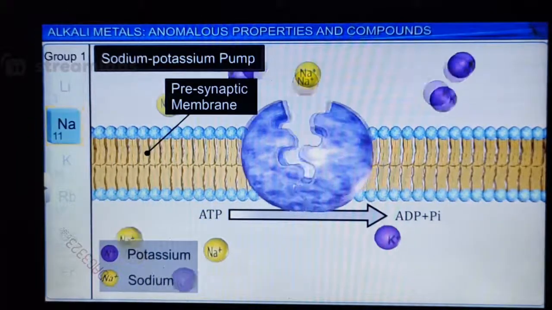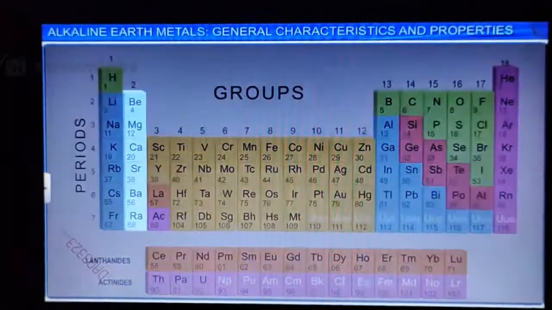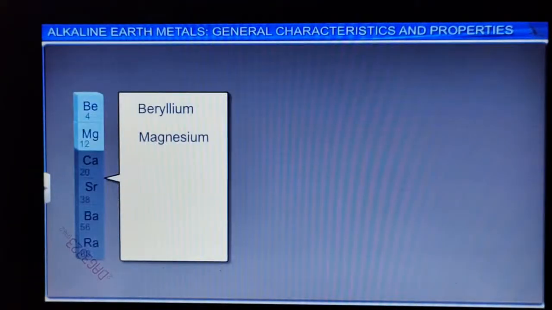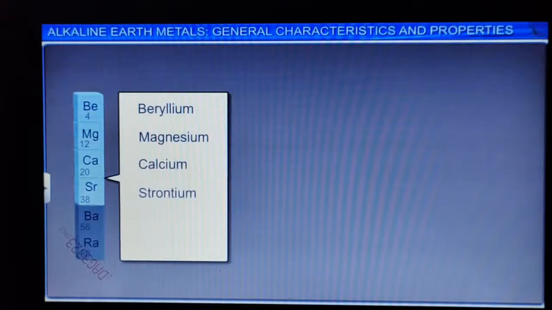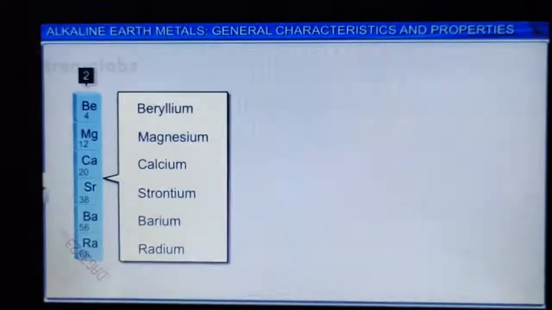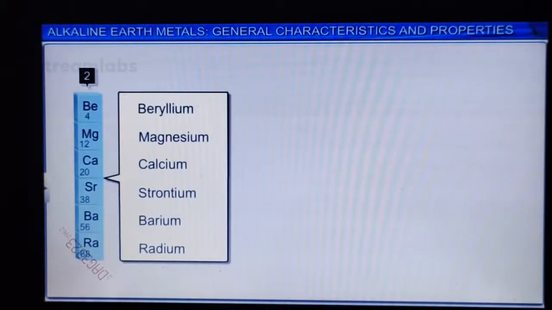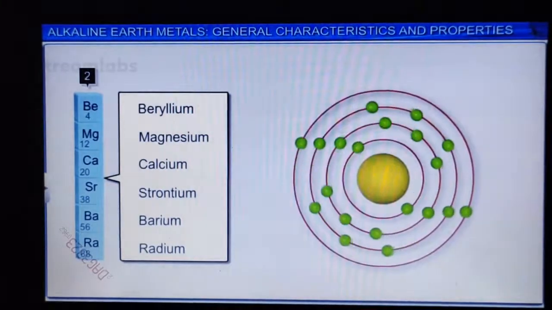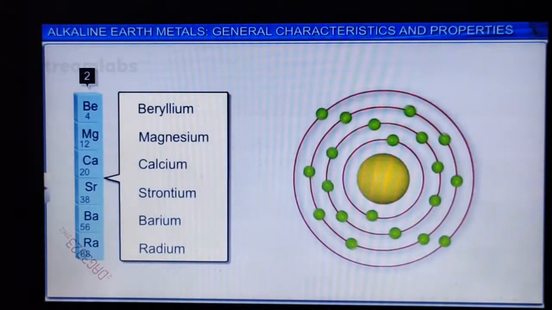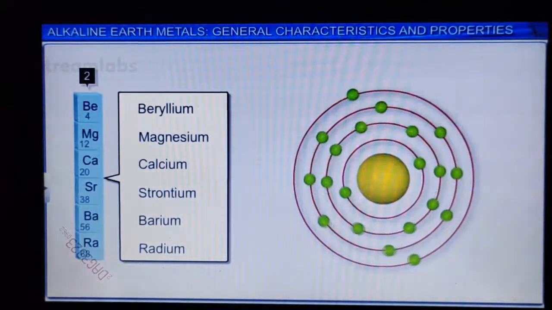ग्रुप 2 के एलिमेंट्स की अगर हम बात करें तो बेरिलियम, मैग्नीशियम, कैल्शियम, स्ट्रोंशियम, बेरियम एंड रेडियम. They are the group 2 of the periodic table. ठीक है, all of these elements they have 2 electrons in the outermost shell